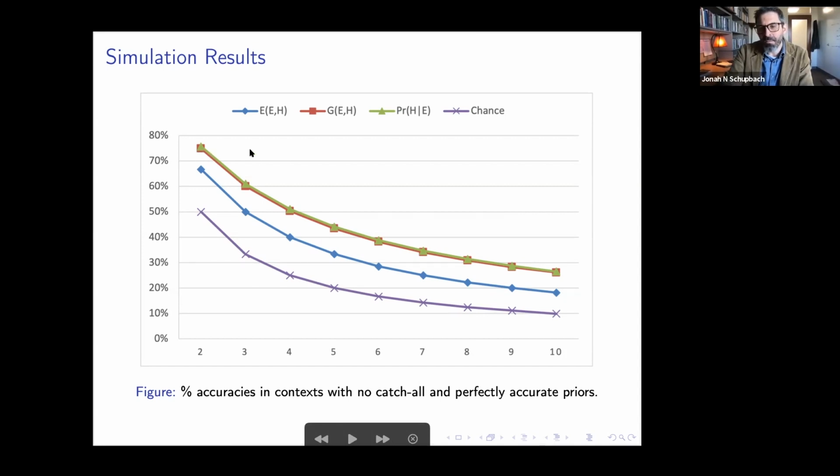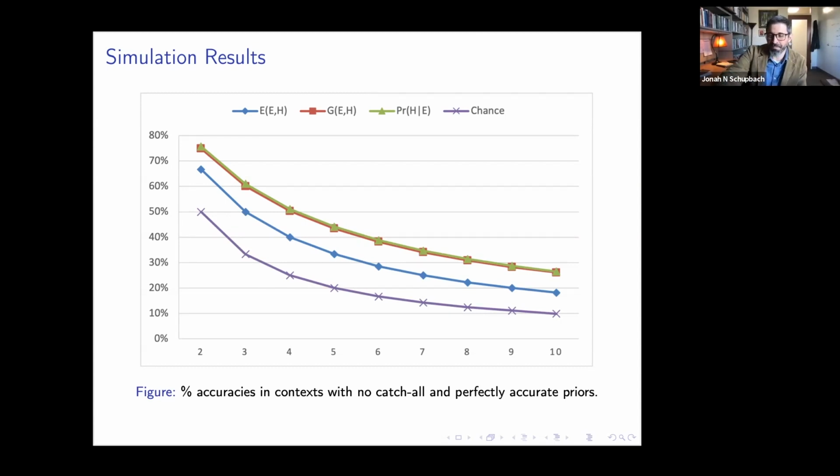The red line, which is now the results for the new G measure, sits slightly, very, very slightly below the accuracy of the posterior probability across the board. But both of these effectively do the exact same. They effectively have the same success rates, well above that of the likelihoodist reasoning provided by the E measures. Not only that, but here's where things get cool.